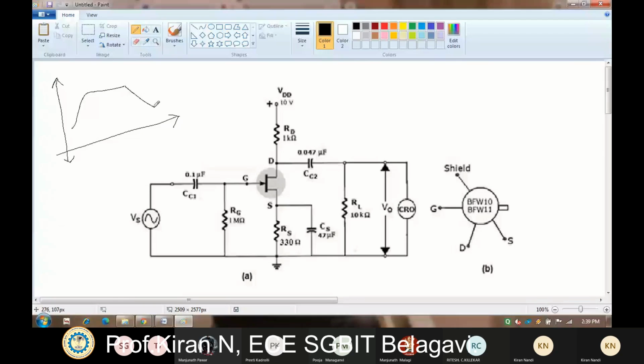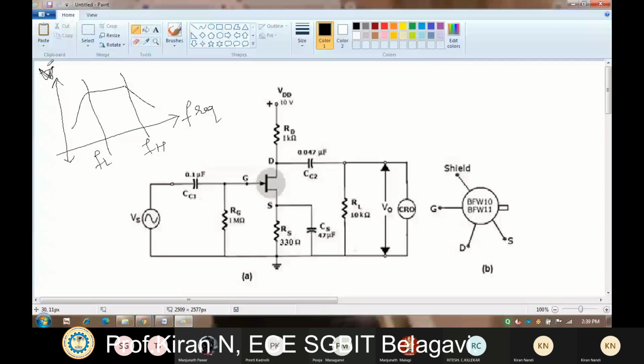So here FL, FH. Something of this kind of frequency response we will be getting with respect to this JFET.